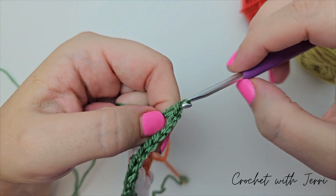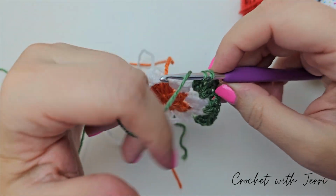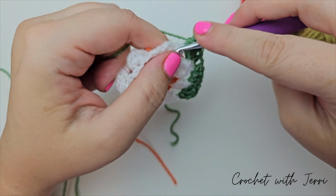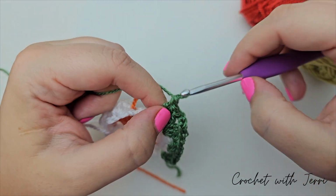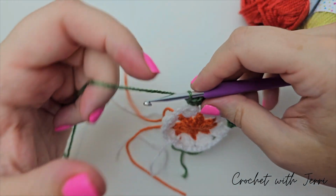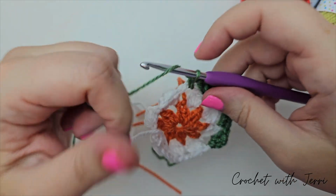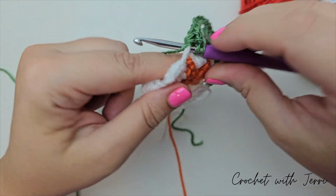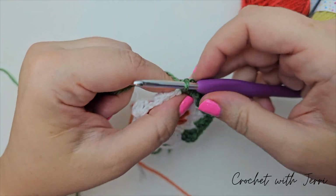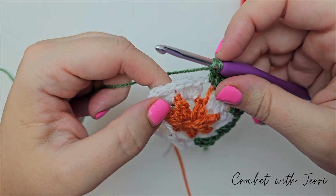Oh, nearly. 1, 2, and 3. 3 half trebles into the next, pull through all 3, there's 1, pull through all 3, there's 2, pull through all 3, there's 3. Our next corner, so 3 trebles, 3 chains, 3 trebles,